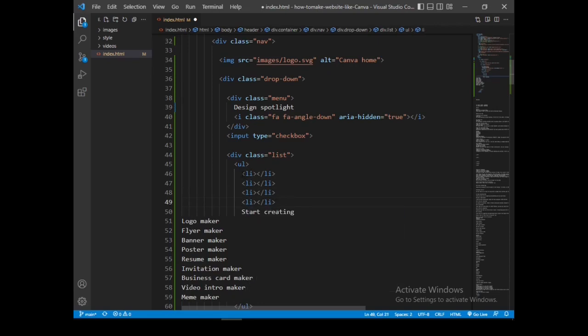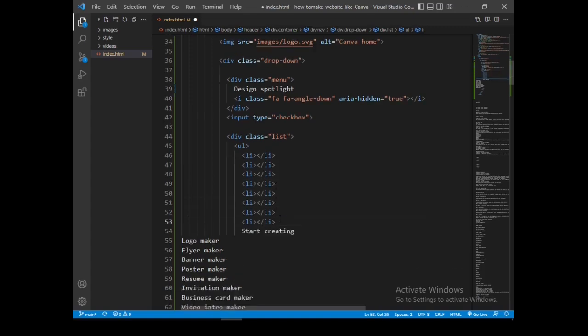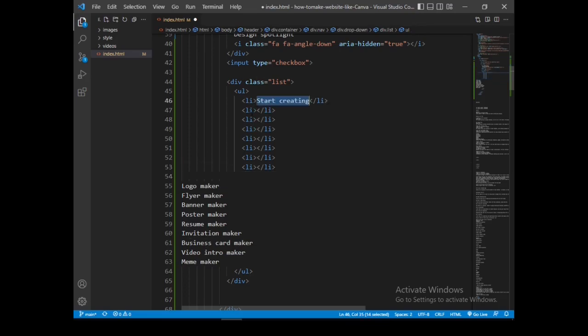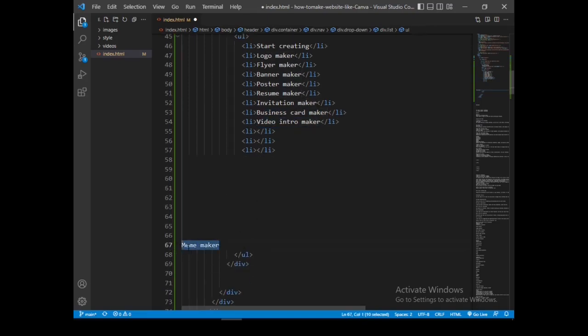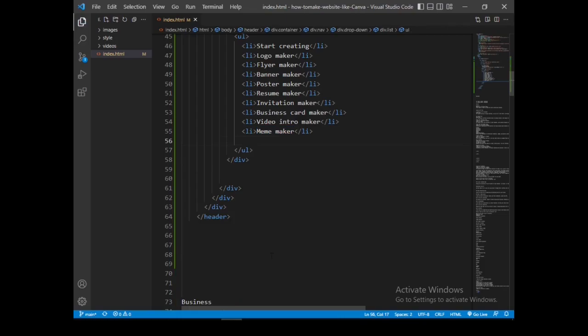Then let's have four times the logo. Let's also put this one. Then after that, we are done with that.